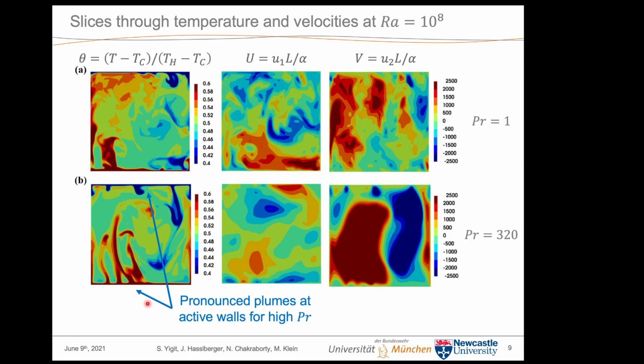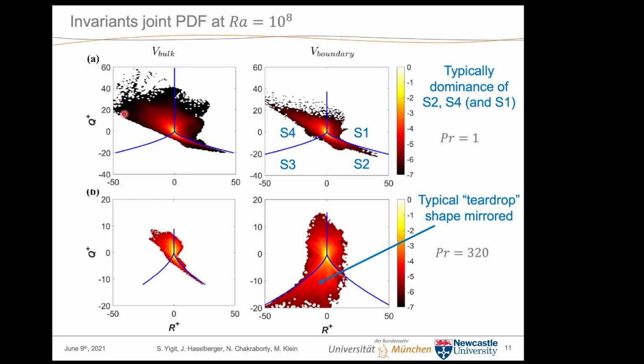But now there is another interesting difference between these two cases. Actually, in the high Prandtl number case, we have a prominent feature here, which are these hot and cold plumes emanating from the active walls. We don't have that here in such a pronounced way for the unity Prandtl case. There we have more like a global circulation overlaid by, let's say, turbulent fluctuations. So this is really an important difference, which will also have consequences on the analysis presented later.